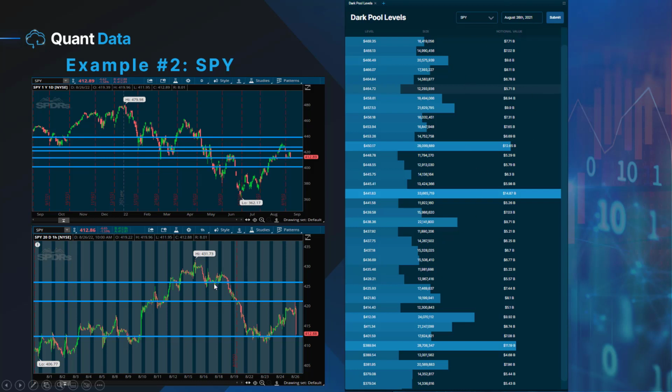As you zoom into a smaller time frame, again, it's the same levels charted. The only difference is this chart is zoomed in to the 20-day 1 hour chart, so we can see it on a smaller time frame. You'll see that the 412.06 level, which is this level right here, had over $9 billion in notional value exchanged at it. And as you can see in this image, that 412 level was a very significant support level. And since SPY is so volatile,